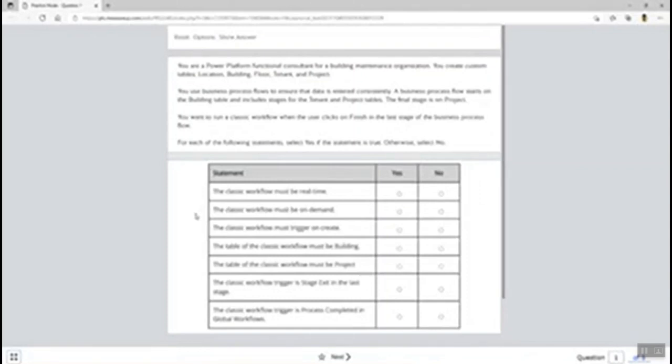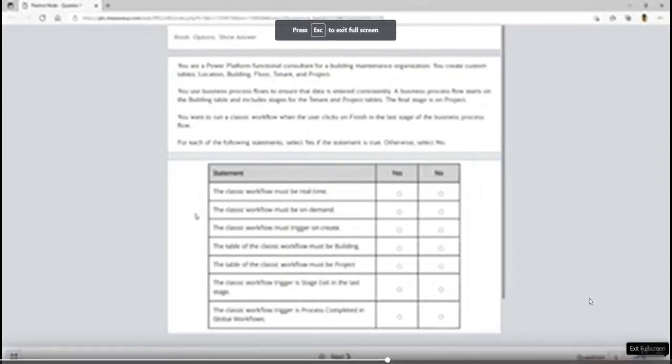So for each of the following statements, select yes if the statement is true or select no. So classic workflow, does it need to be real time, or must the classic workflow be on demand? The classic workflow must trigger on create, or the classic workflow, the table for the classic workflow must be built